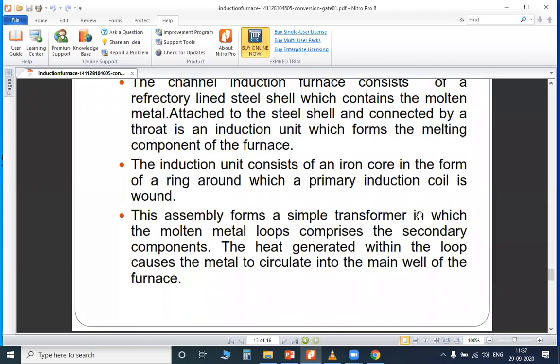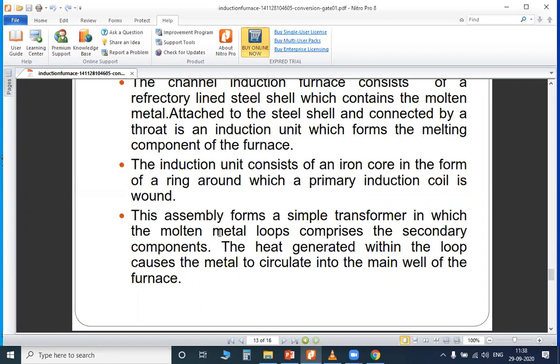This assembly forms a simple transformer in which the molten metal loop comprises the secondary component. You can imagine a wire that is covered over. That is nothing but a channel induction furnace.